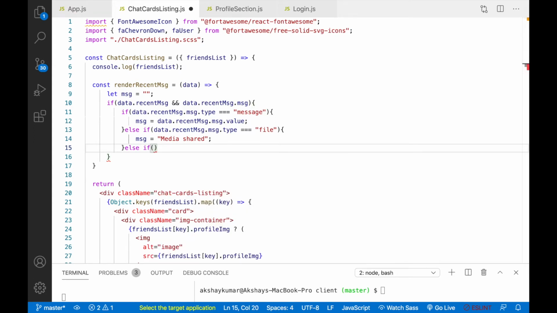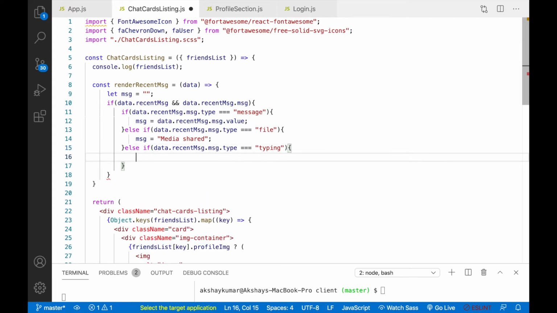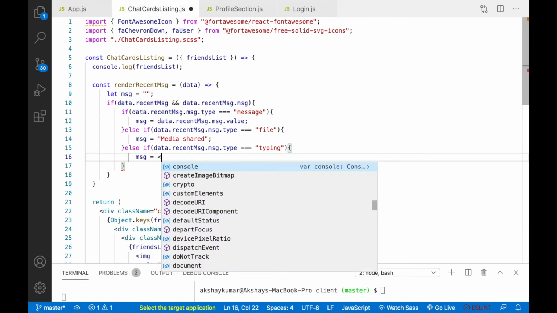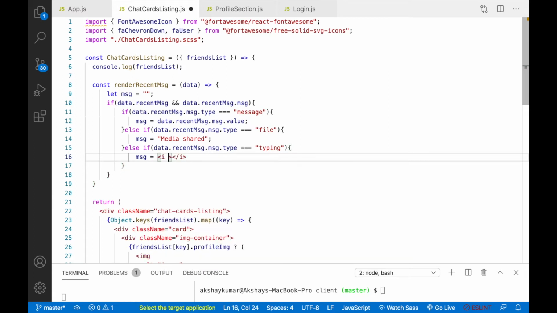Here, if the type is typing, so if the user is only typing and not sending a message, that time we have to write message equals, then we'll write one i tag like this.